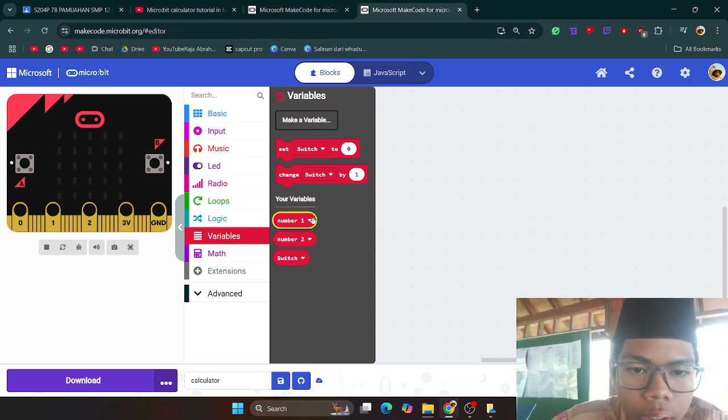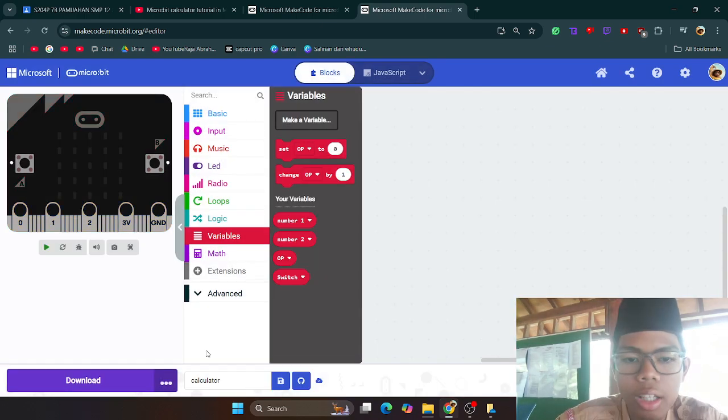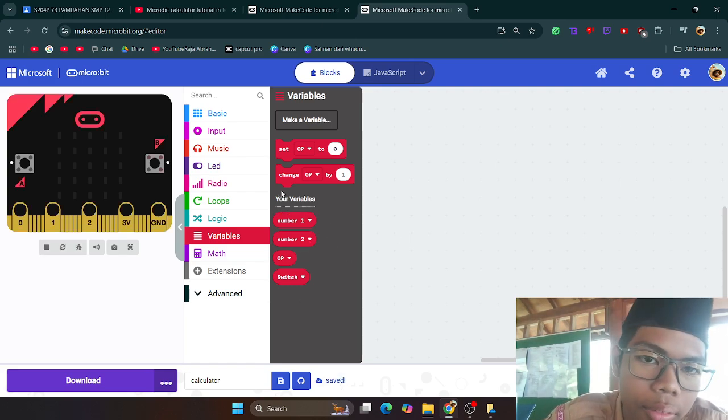First we're going to be adding a number in 1, then maybe switching to 2, then finally operating those two on what calculation we want to do, like division, multiplication, addition and minus. So we're going to be getting operator as our last variable here,